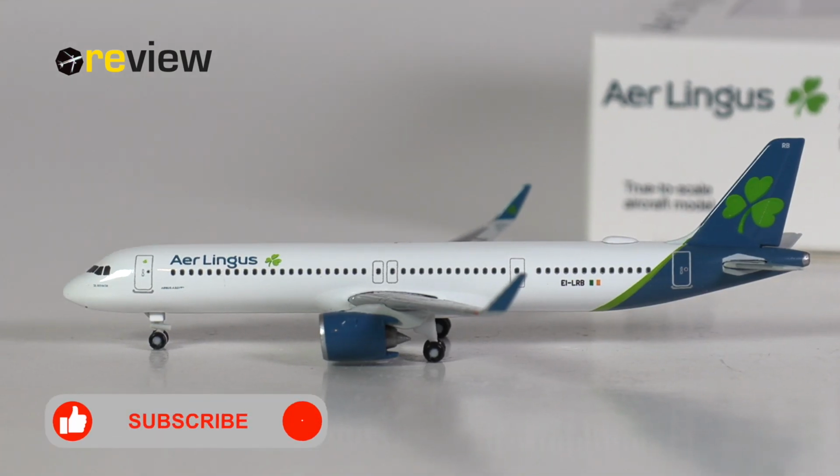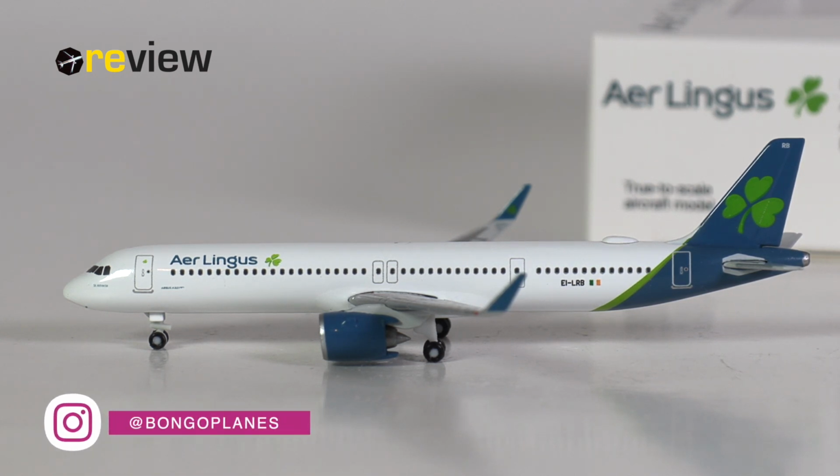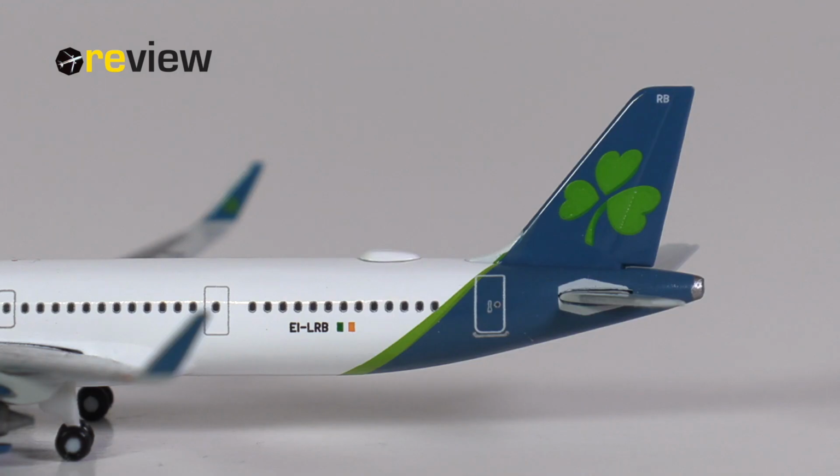And here she is, the Airbus A321NEO in the new livery of Aer Lingus. And this is already the second aircraft we find in this livery from Herpa Wings in Scale 500. The first one was an A320, where, however, I do believe that Herpa didn't quite manage to get the colors right. So have they done better in this case? Well, we will find out straight away, because we start off with the tail section,